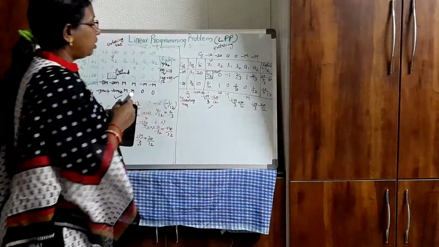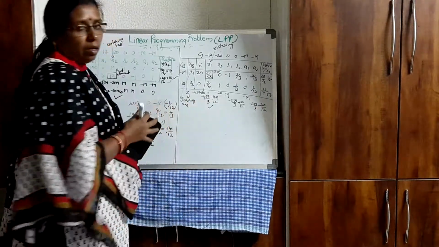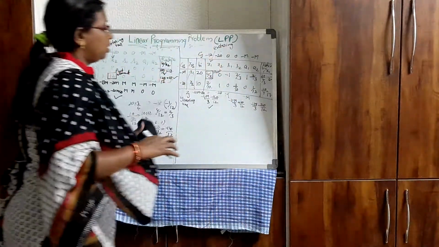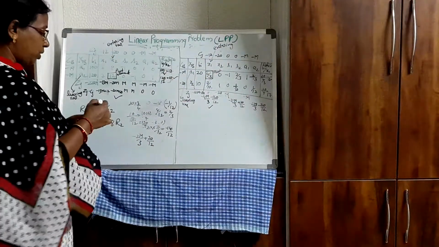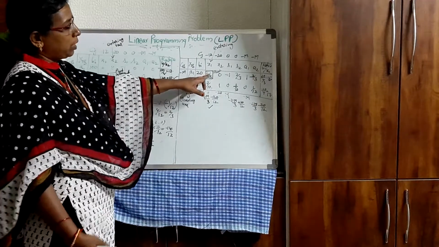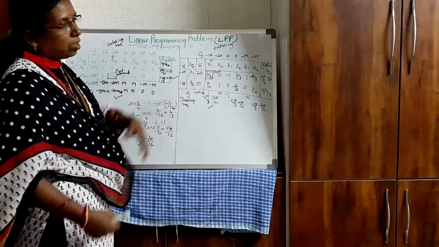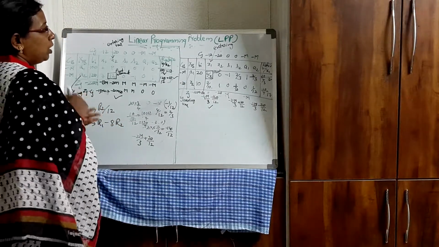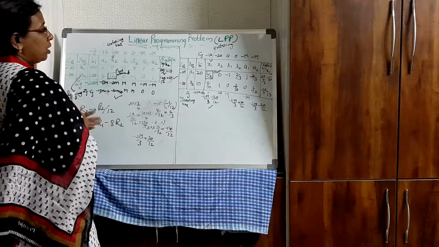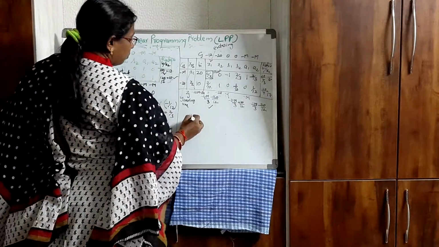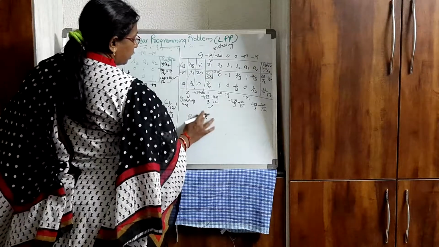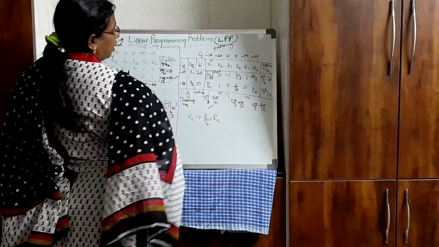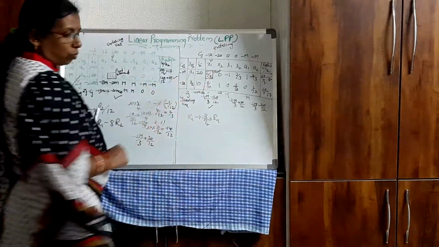Now again, since you don't have all positive values, you have to continue the table. So here the pivot element is 4 by 3. You have to make this 4 by 3 one and all other elements in that column 0. So here the pivot element corresponds to the first row, so I will make the transformation to the first row only. So this will be R1 as 3 by 4 into R1. When I multiply this with 3 by 4, I will get 1.